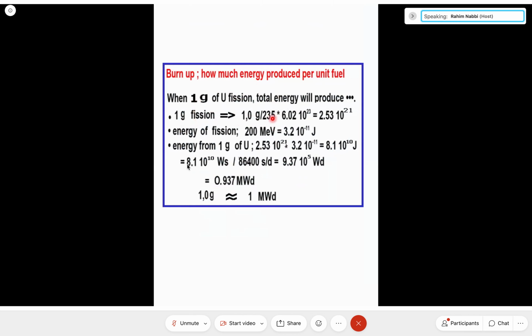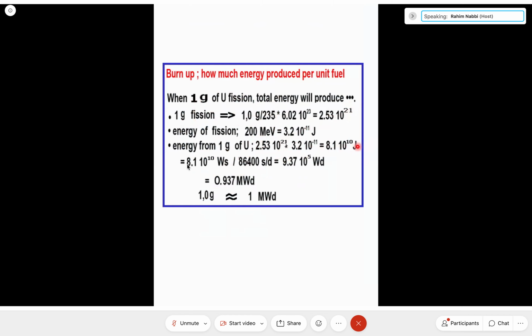Avogadro number divided by atomic mass would be so many atoms. Energy per fission, 200 MeV in joule would be 3.2 times 10 to the minus 11. 1 gram consists of so many atoms, then every fission, this energy, totally so much joule would be produced if 1 gram of uranium-235, not fuel,